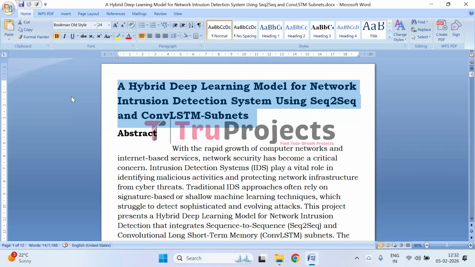Before getting into the video, let me give you a brief description of the project. This project focuses on building a hybrid deep learning based network intrusion detection system that combines sequence to sequence and convolutional LSTM subnetworks. The sequence to sequence model captures sequential patterns in network traffic, while convolutional LSTM learns both spatial and temporal features. By integrating these models, the system improves the accuracy and robustness of detecting normal and malicious network